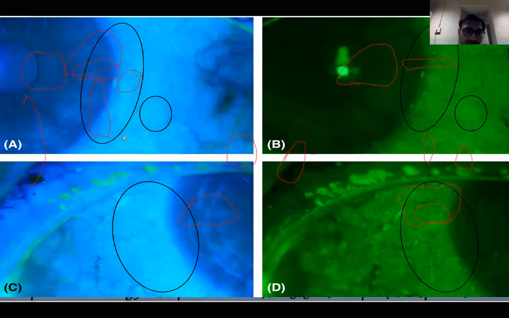Now see this. This is the same surface. On the left hand side, what you are seeing, this conjunctiva is with the blue filter, and this is with the yellow filter. So all these small stains, especially in the circle, these small dots, which we call a punctate staining of the conjunctiva, are totally missed in this part. See, it is totally missed in this filter, but you can very well see this.